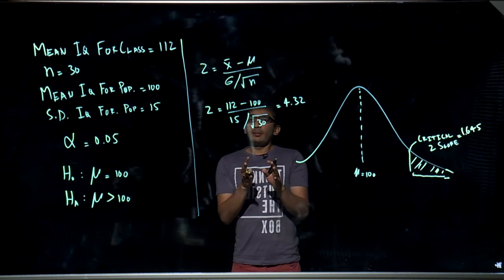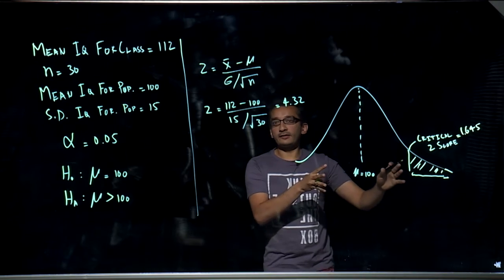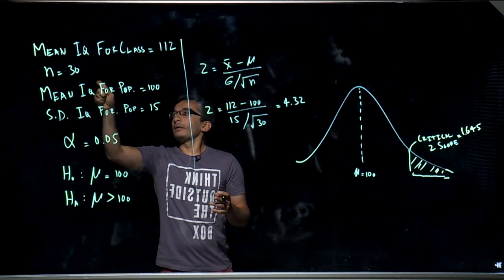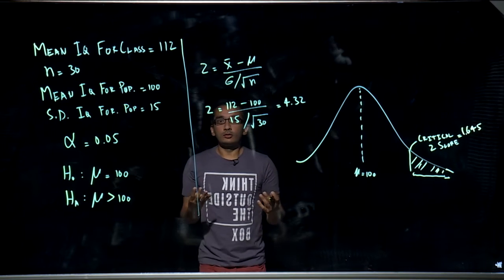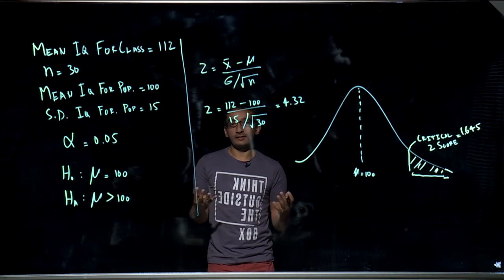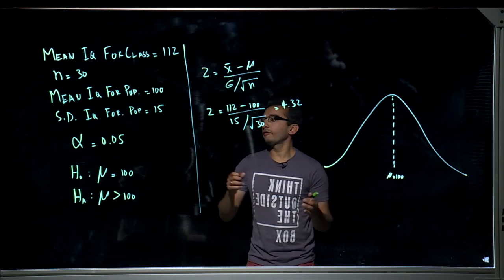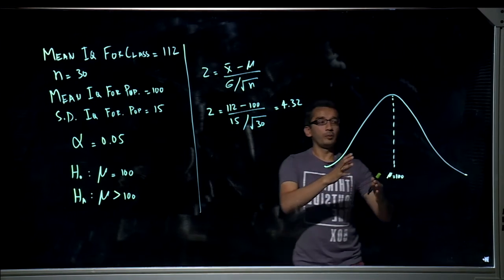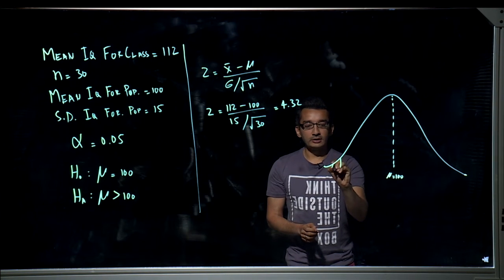So let's think about this for a second over here. What we were dealing with here was a one-tailed hypothesis testing. So what if the teacher actually claimed that the mean IQ for his class is not equal to the mean IQ of the total population? In that case, we would be using a two-tailed hypothesis testing. In the case of a two-tailed hypothesis testing, we're going to divide this level of significance of 5% into two areas on both ends of the normal distribution into areas of 2.5% each,